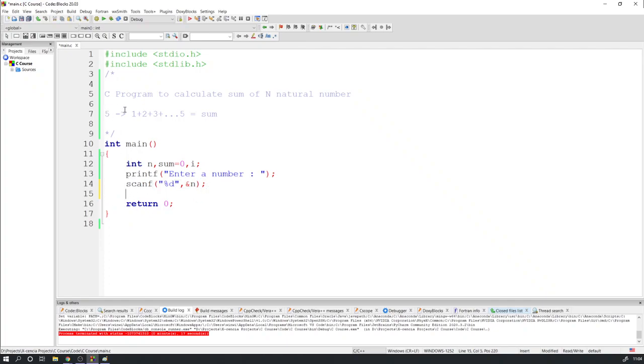Now I have to write the loop to start from 1 and go up to n. So I'll say for, and I'll say i equals 1, i less than or equal to n, and i plus plus, that is increment by 1, and every time I'll say sum equals sum plus i. So it keeps on adding from 1 up to n, that is if n is 5, it will